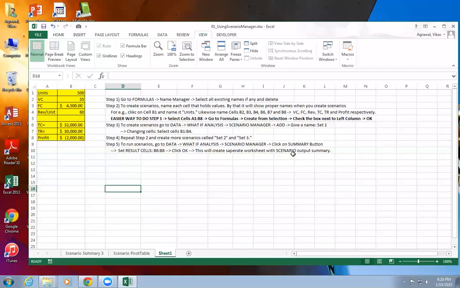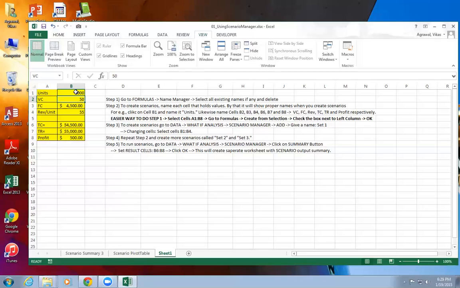Now, often you want to perform what-if analysis, right? What if the price changes from 55 to 50? How much is that going to affect my profit? What if my unit price changes from 60 to 55? How is that going to affect my profit? What if my quantity changes from 500 to 1000? How will that affect my profit? So often, if you do that, you lose the earlier information. There is no way you can store it.